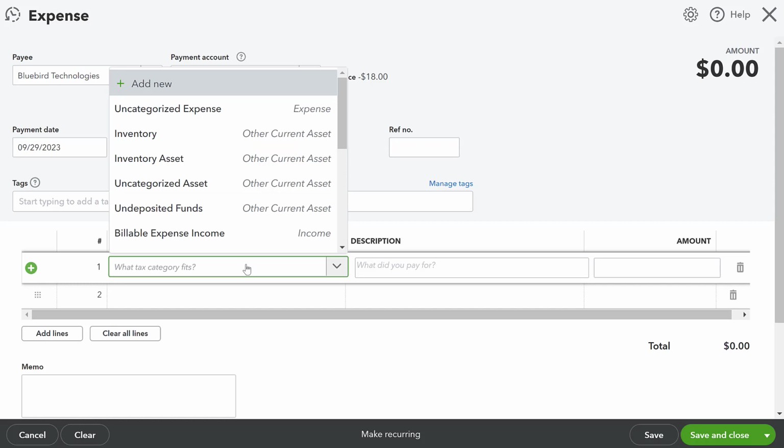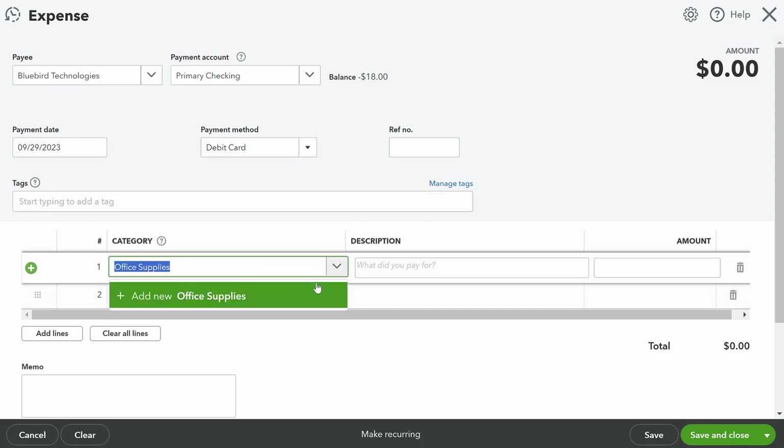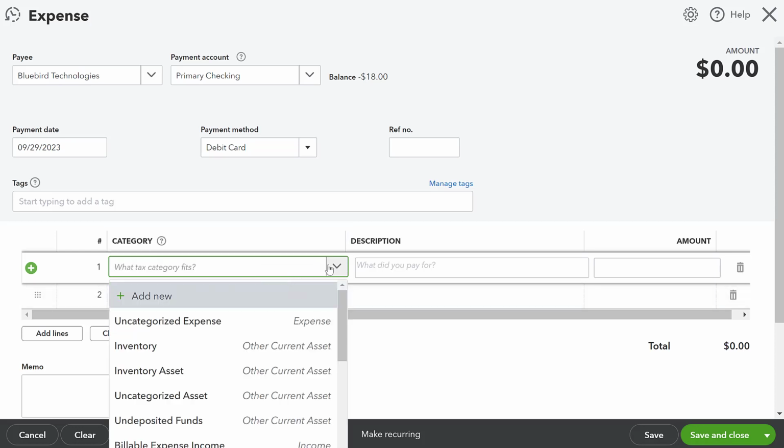So then we are going to select what category. This is just something that is going to be based off of your chart of accounts. You have office supplies, for example. You'll see that I don't have office supplies included in my chart of accounts right now. This allows me to add an account if I would like to. I'm not going to do that. I'm going to find a category